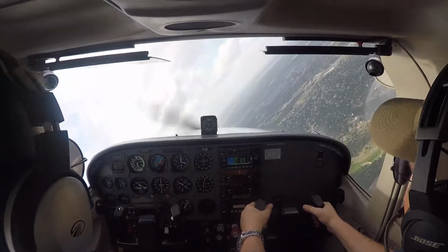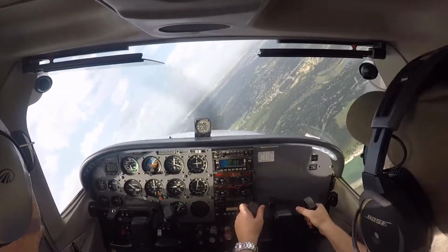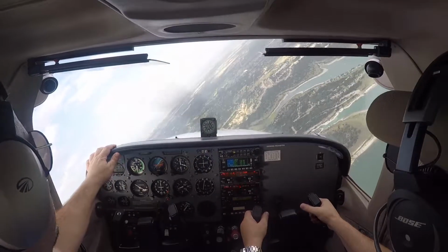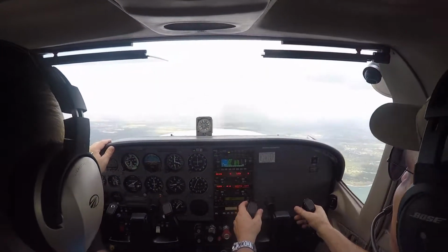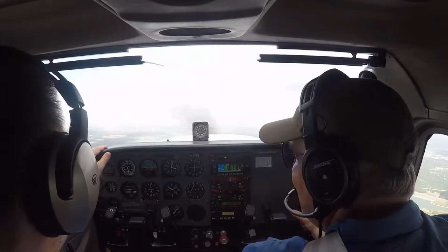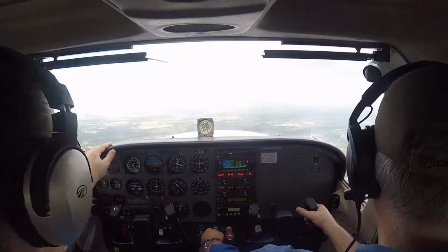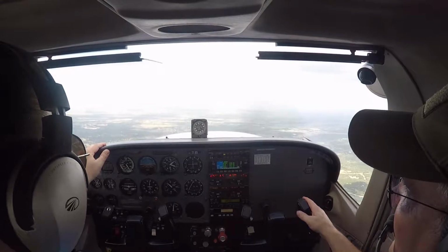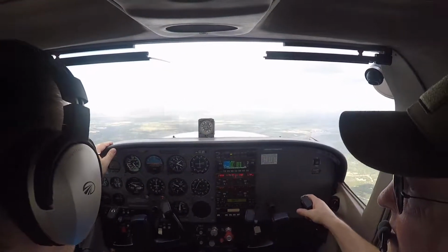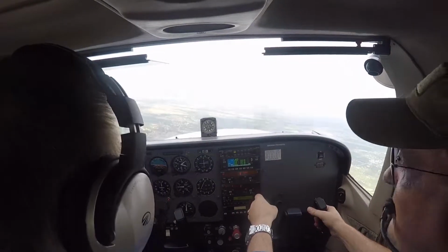Okay, right? Hit the left turn. Hard. Did you see me move the controls? I did not. That's because I didn't. Okay? So this is proof the rudders can actually control the bank. Okay? When you get these little hits like that,